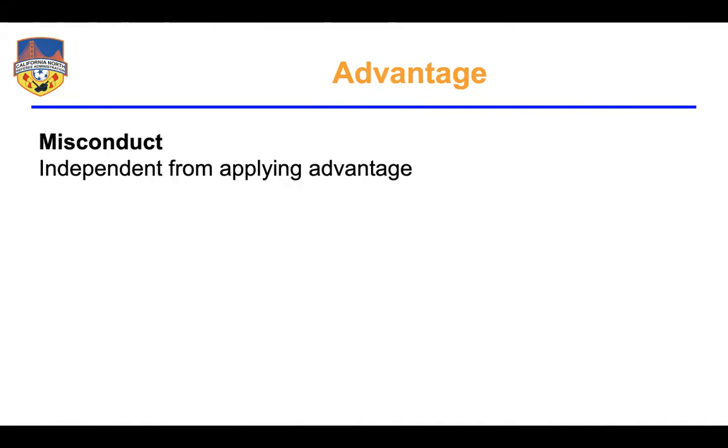And so, in fact, with advantage, we want to be thinking about that for persistent offenses as well. If somebody's been guilty of persistent offenses or is starting to get close, we want to be factoring in advantage, or in times that we've awarded advantage when they've been guilty of offense as well. So the idea of misconduct is completely separated from advantage. If you apply an advantage for a foul that requires a yellow card, at the next stoppage, stop the game, issue the yellow card.